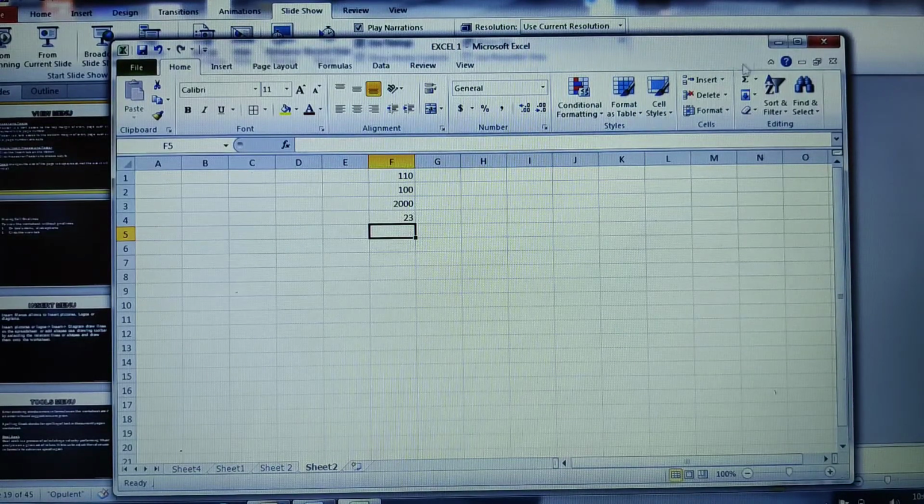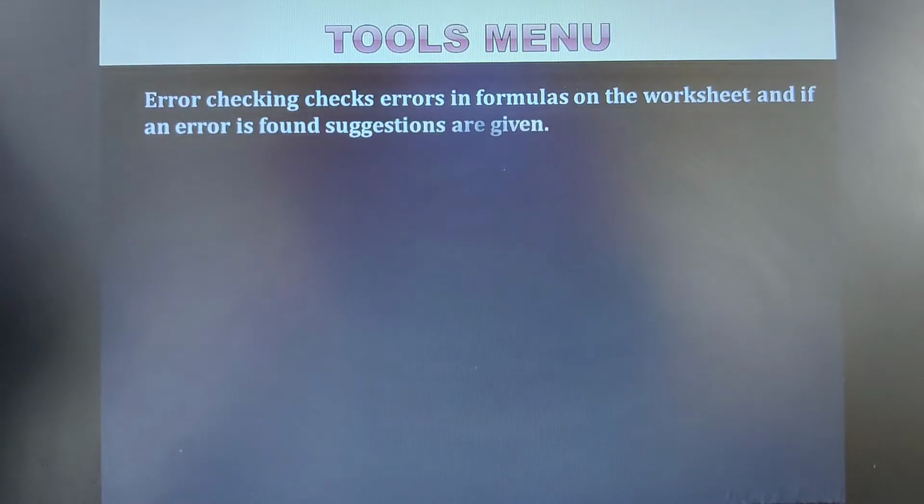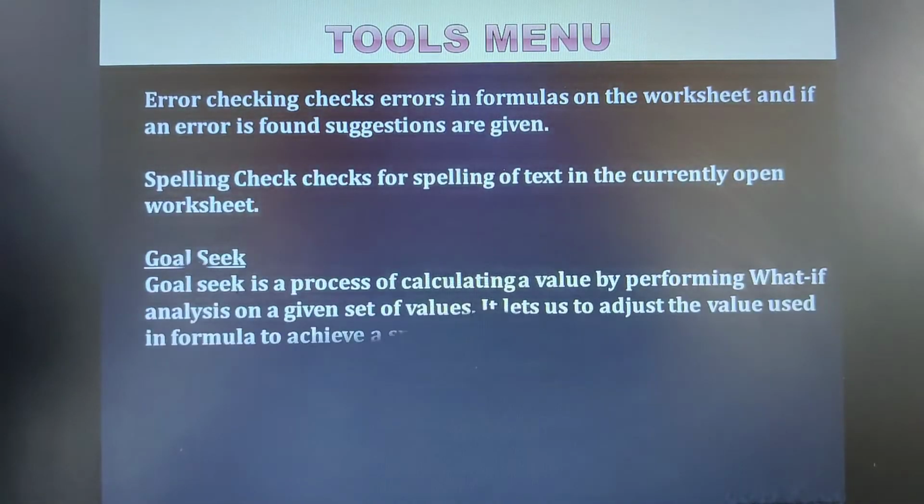But before we perform goal seek, let us know what exactly the goal seek is. We have seen all that insert menu. So what is goal seek? It's a process of calculating a value by performing what-if analysis on a given set of values. So it lets us adjust the values used in a formula to achieve a specific goal.